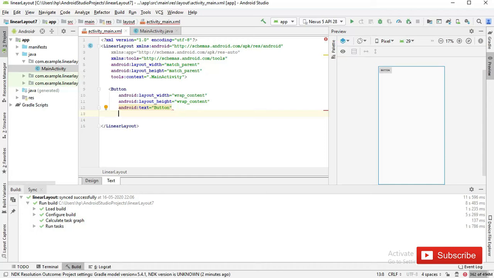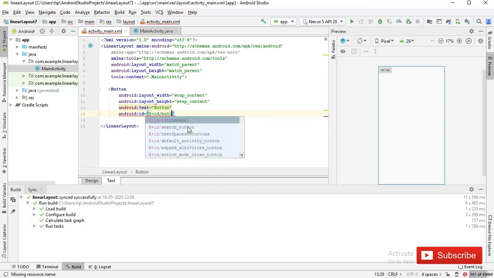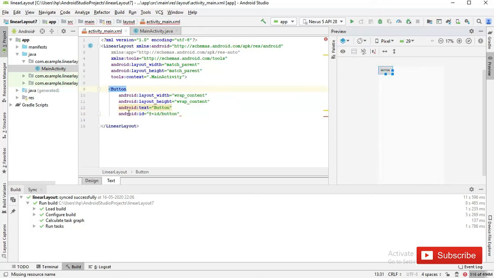And the ID of the button. If we write code in Java and want to access this button, we access it with the help of the ID of the button. So this is the ID, button1, because this is our button 1.